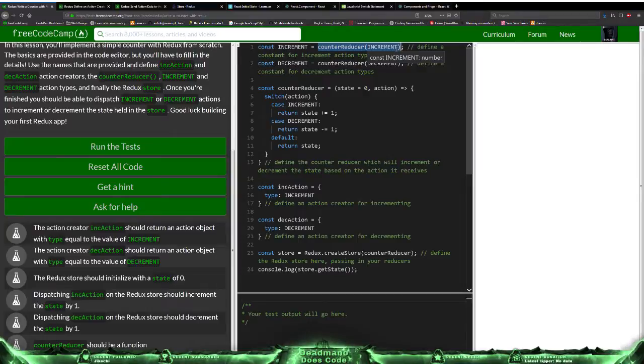It's gonna call the reducer every time. This just needs to be a string. There we go. Now, if I do